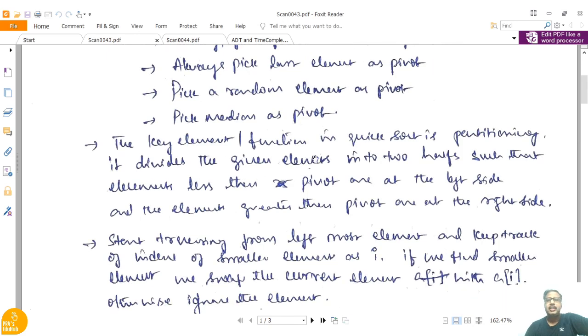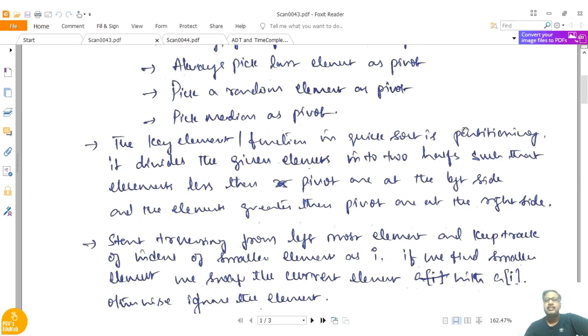The key element or function in quicksort is partitioning. Once the pivot element is chosen, all the elements will be compared with the pivot element. If any element is less than the pivot element, it will be kept at the left side of the pivot, and if any element is greater than the pivot element, it will be placed at the right side of the pivot.